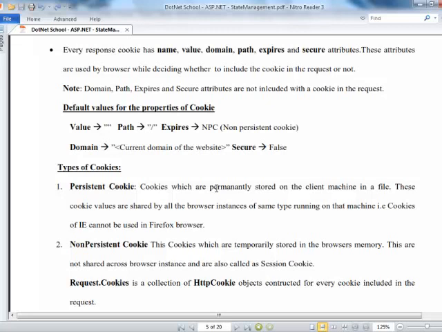For example, when you install a new browser on your machine, after installation it will ask you, do you want to import bookmarks, favorites from that XYZ browser? If you say yes, then that information this browser can share. So one browser's information another browser cannot share unless you instruct it like that.